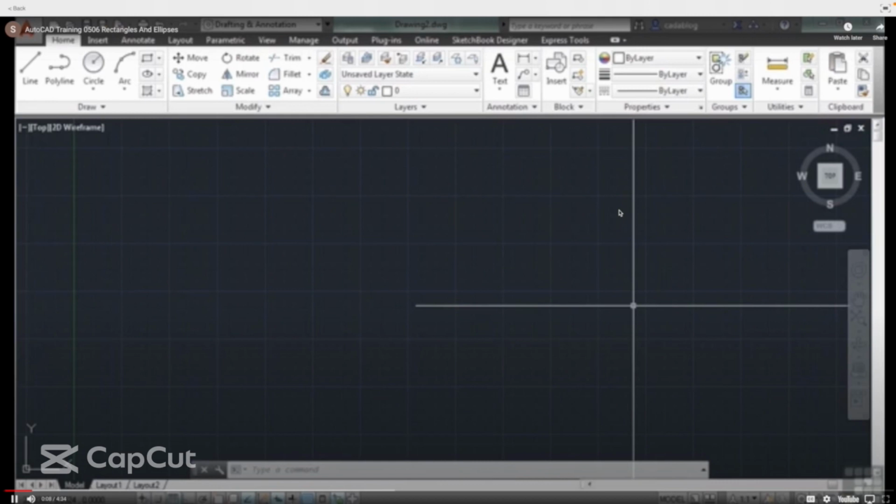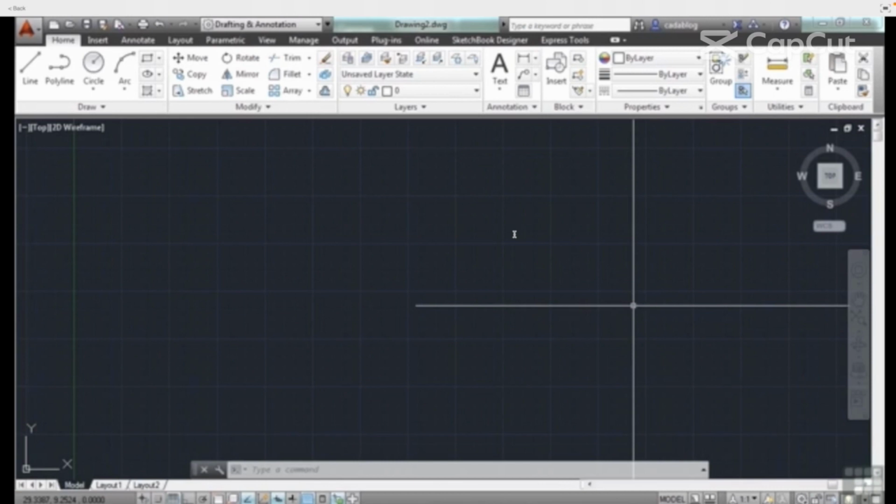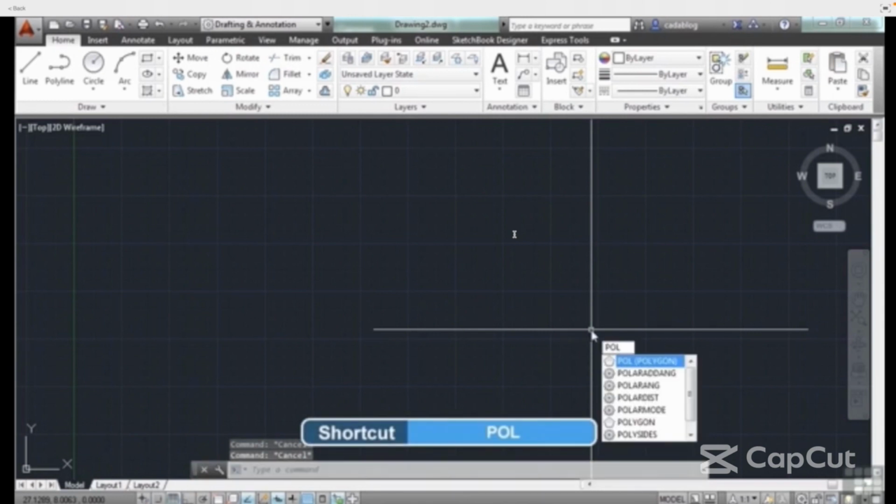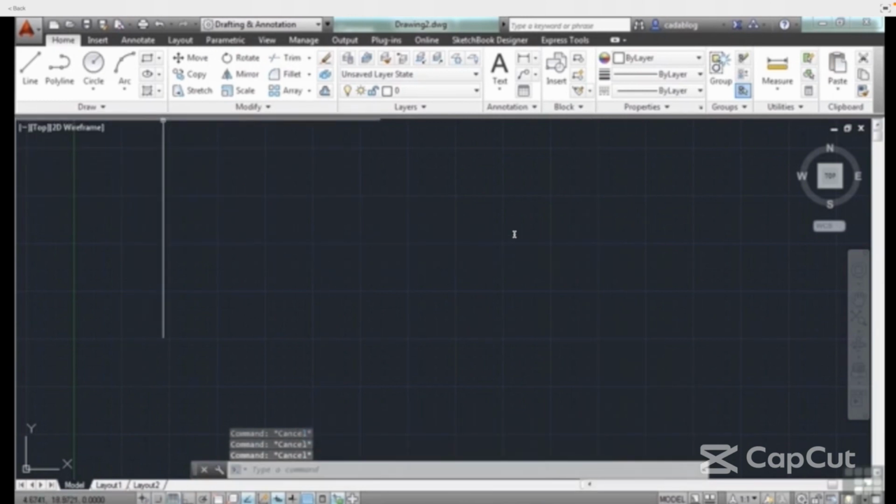Sided closed shape. In AutoCAD, it's also a polyline. There is a command called polygon. With this command, you can draw shapes from 3 sides all the way up to 1,024 sides. Typically, you would probably only want to draw about 3 to maybe 10 sides. And there is a case where you want to draw 360 sides, which is essentially a circle. But it's good to know that you have options available to you. You can type the word polygon right on the command line, or you can use the command alias, which is just POL. It's also found here on the ribbon,